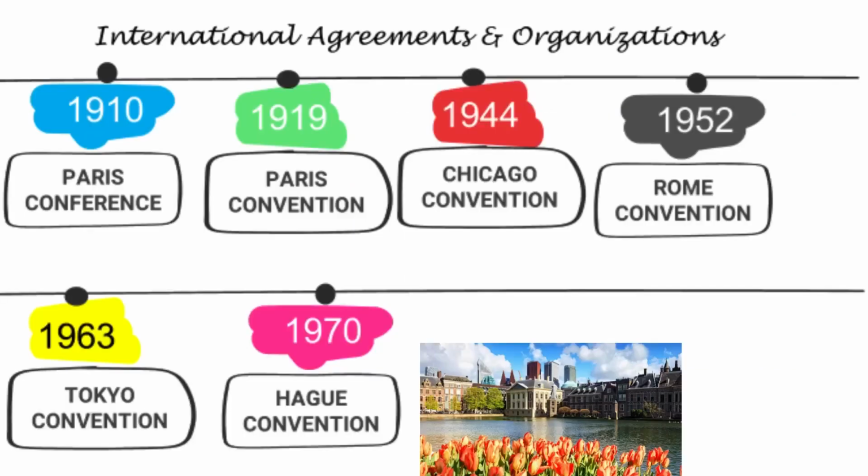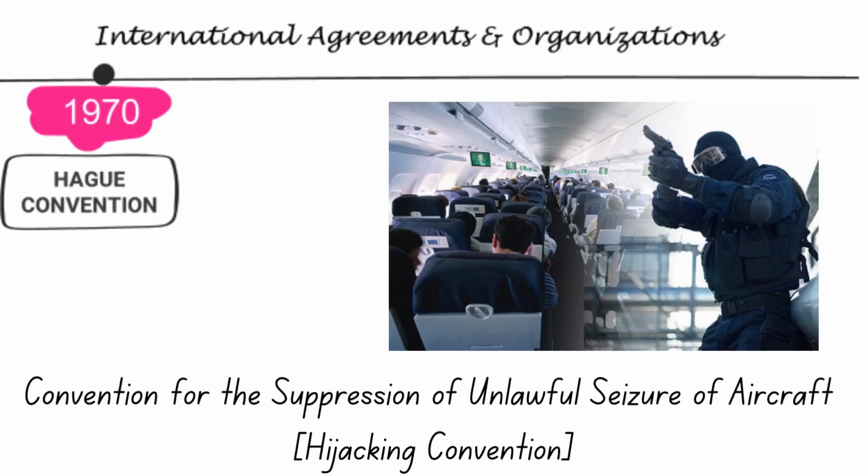There was an increase in cases of hijacking in the early 1960s, therefore it was evident that there was a dire need for international laws that regulated aerial hijacking. The Hague Convention deals with the suppression of unlawful seizure of aircraft. The convention defines the act of unlawful seizure of aircraft and lists which contracting states have undertaken to make such offenses punishable by severe penalties. The Hague Convention aimed to suppress terrorist attacks on civil aircraft by punishing the act of unlawful seizure of an aircraft.